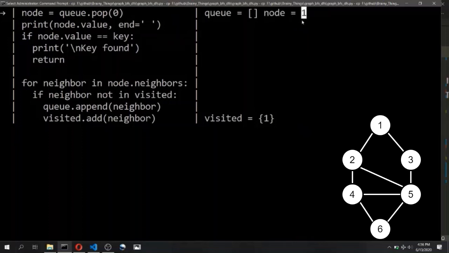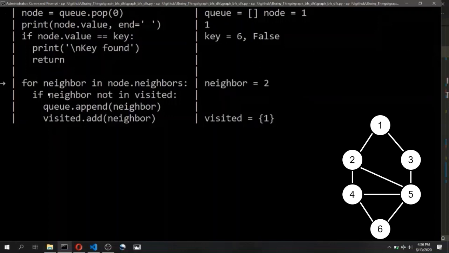I am using this one just for demonstration purposes. In the next line, the node.value is being printed, that is 1 with a space, and this gets checked whether the node.value is equal to the key. Here the key is 6, and this condition becomes false, so it will skip the next 2 lines.